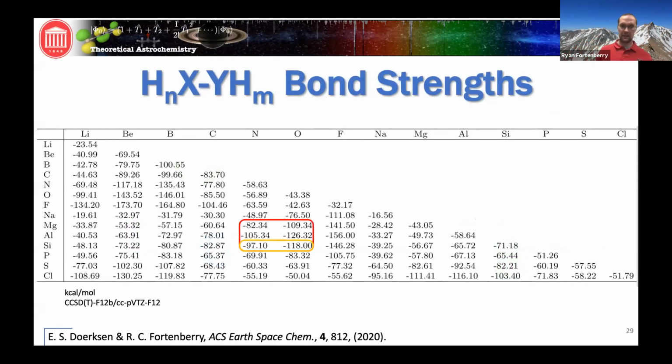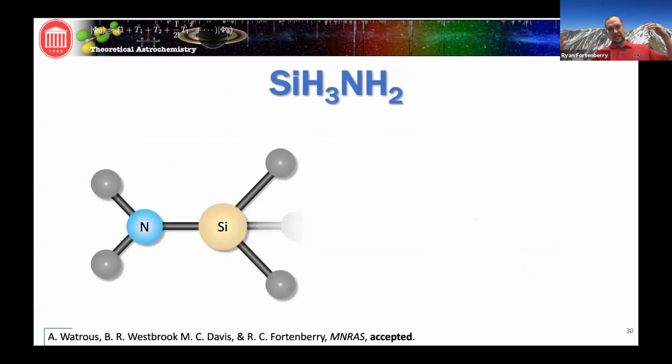We haven't talked about any of the things with silicon in it. Okay, so let's do that. All right, so we've got SiH3NH2, so silylamine or aminosilane, depending on what you want to call it. There are some gas phase experimental vibrational frequencies, and our numbers match up fairly well with those within about 3 or 4 wave numbers. Its dipole moment isn't that great, but one of the things that was nice about this